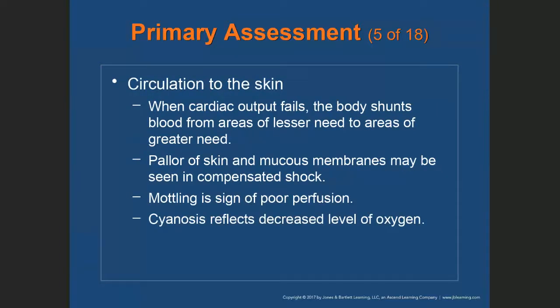C is the circulation to the skin. Right? So circulation, circulation to the skin. When cardiac output fails, the body shunts blood from areas of lesser need to areas of